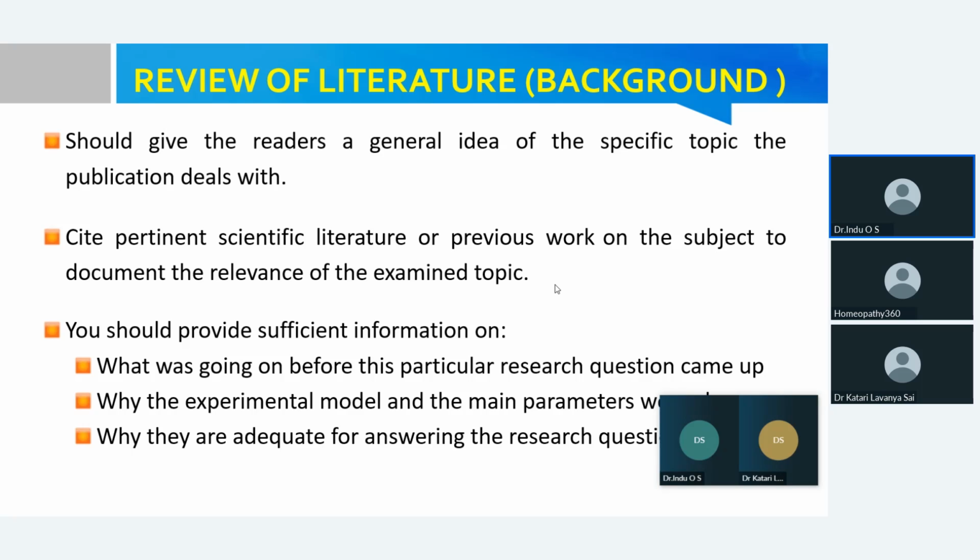So how can we make a null hypothesis? Our research question is whether homeopathic medicine is more effective, right? So we are assuming that homeopathic medicine is more effective than lifestyle modification in managing diabetes mellitus type 2. That is our alternate hypothesis. Homeopathic medicine is effective, so that is the alternate hypothesis. The null hypothesis means homeopathic treatment or homeopathic medicine is not more effective than lifestyle modification.